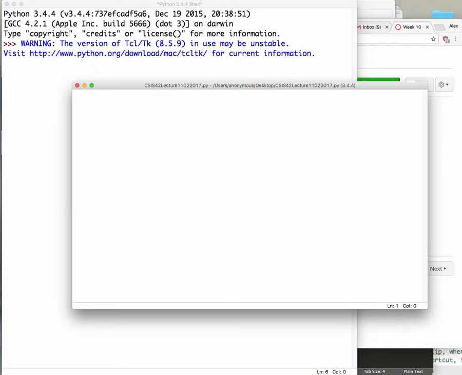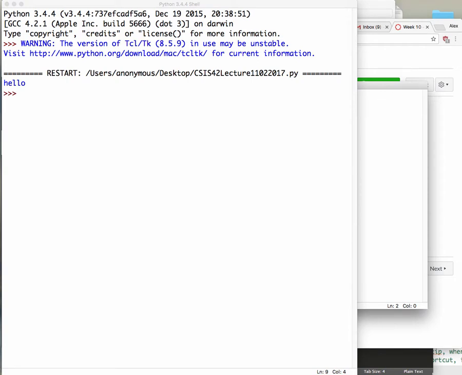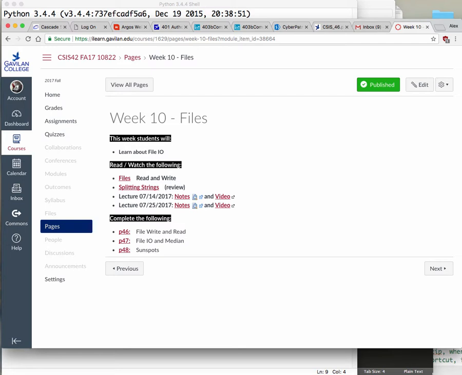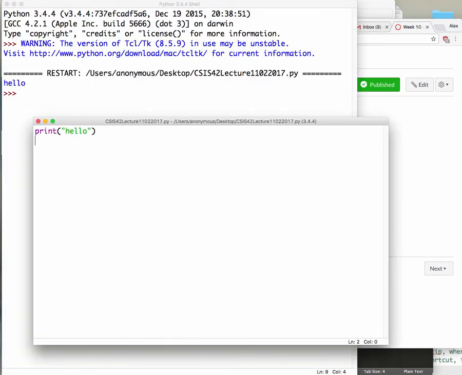Okay, so everything that you have done up to this point has run in the shell window. So if I do a print, a little hello in there, and I run this, it's going to show in here, as you know, unless you're writing it somewhere else, like in a different kind of IDE. And if you were going to get some kind of input into your program, then it